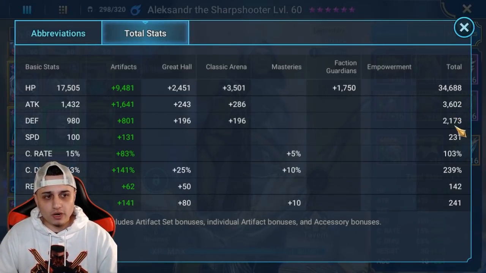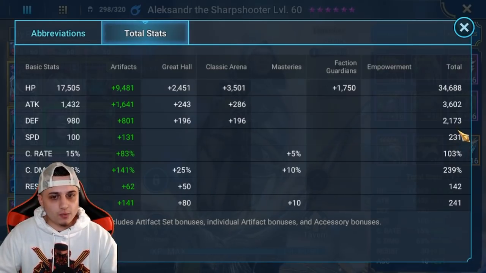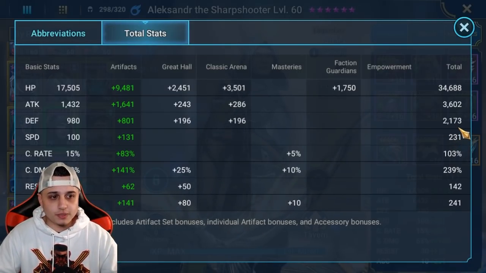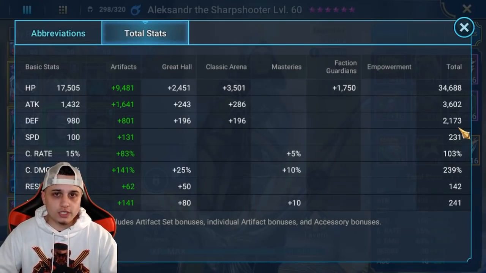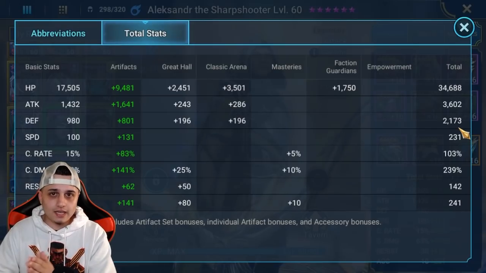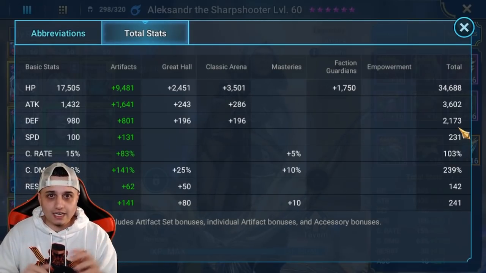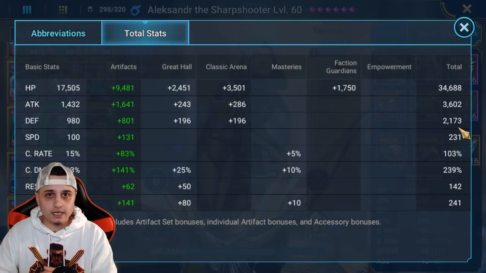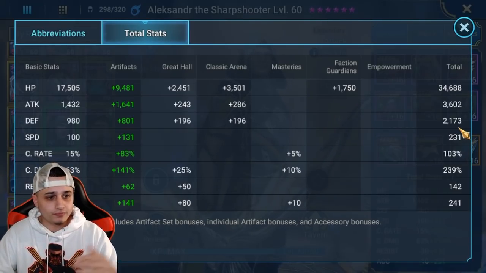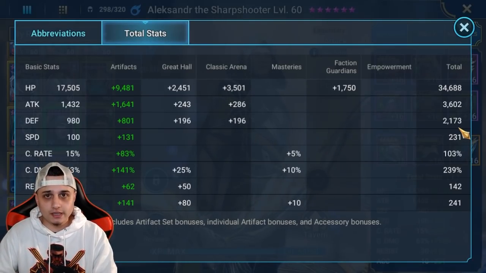We've got 2.1k defense and 231 speed. I personally want my Alexander going a little bit fast. We've got 100% crit rate, 240% crit damage, and 240 accuracy. The rule of thumb when going into the dungeons is to take the stage you're trying to beat, i.e. stage 10, stage 20, and multiply it by 10, and that's the accuracy you want to aim for. So if you're trying to go to stage 20 in the Dragon's Lair, you're looking at around 200 accuracy to